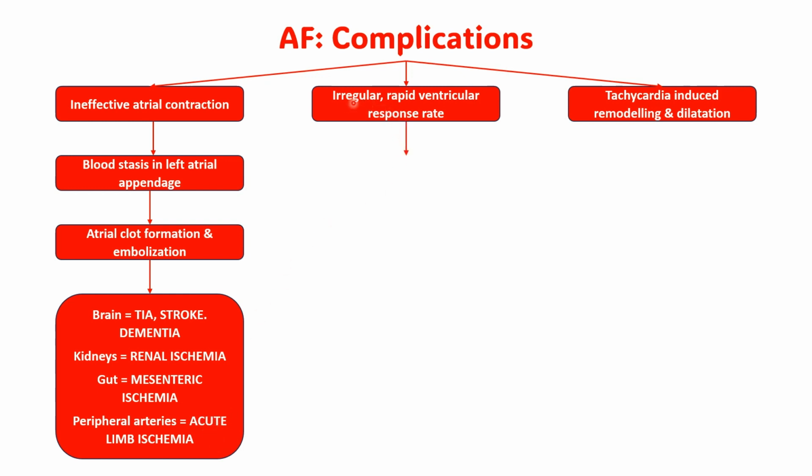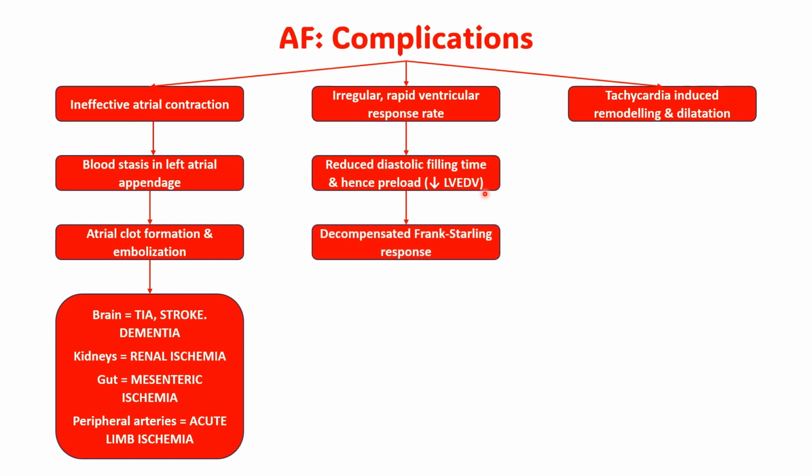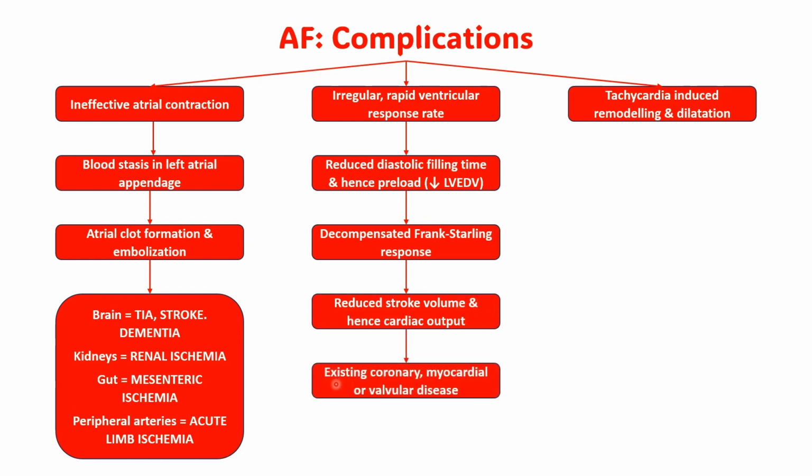When there's a rapid ventricular response rate, there's a reduced diastolic filling time and hence preload. You have a reduced left ventricular end diastolic volume. There's a decompensated Frank-Starling response, and we've talked about that before as well. So it's not at that optimum level. And that essentially means there's a reduced stroke volume and hence cardiac output, existing coronary, myocardial, or valvular disease,